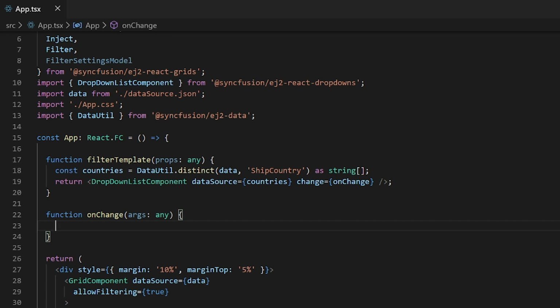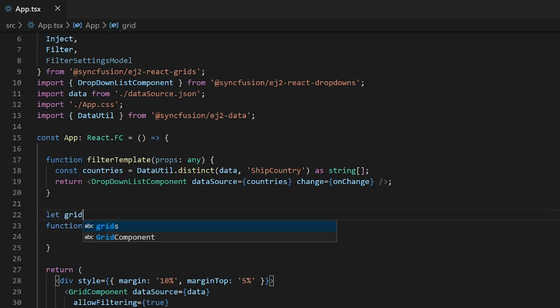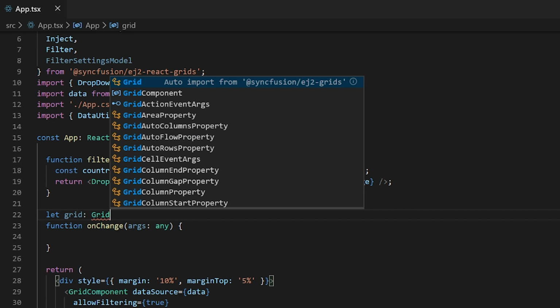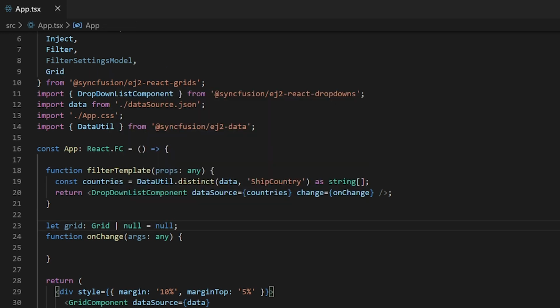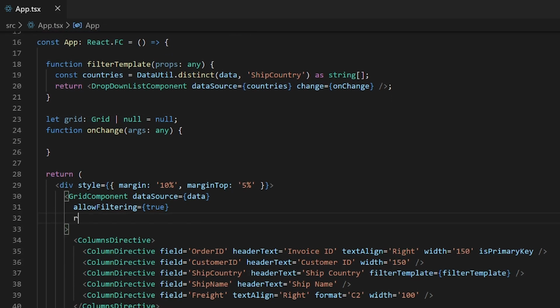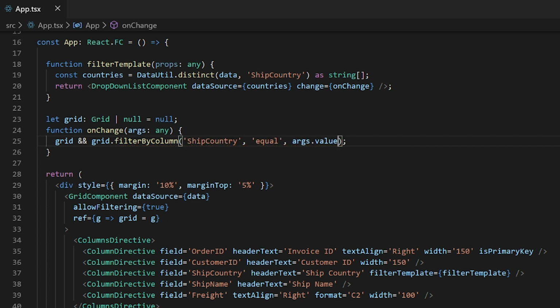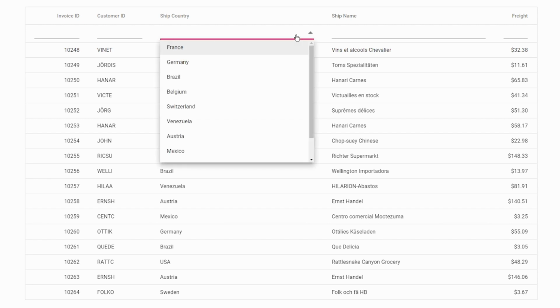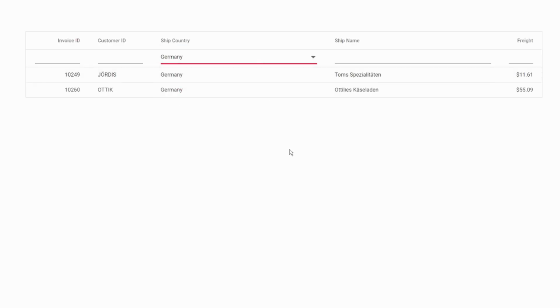To access the built-in function, I will get the grid component instance through a reference and using the method filter by column, I will filter the grid records based on the selected value from the ship country column. In the output, if I change the drop-down list, the records are filtered based on the selection of the data grid component.